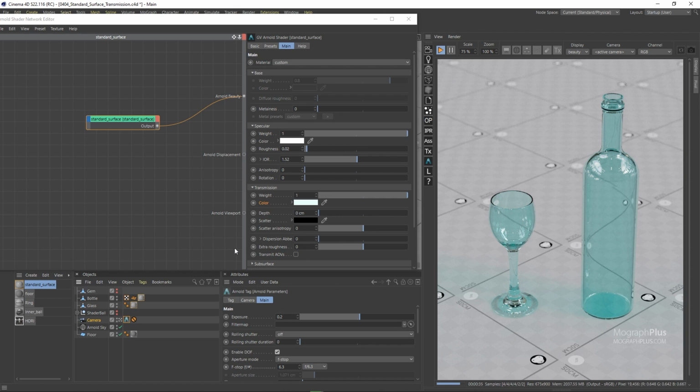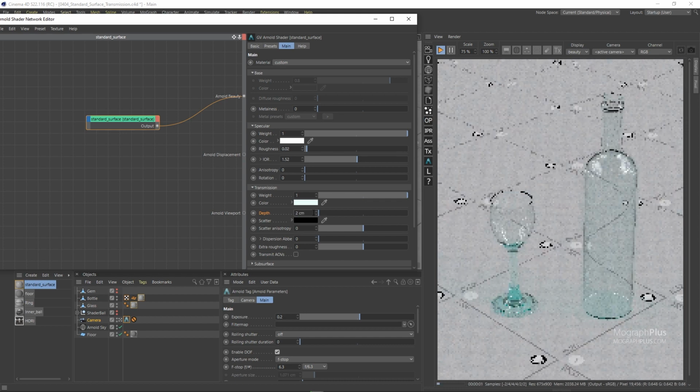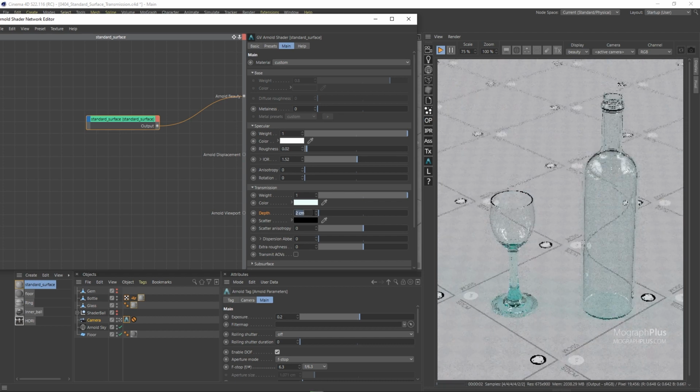Right now we see a uniform green color throughout our geometries, and that is because the depth value here is set to 0 centimeter. Depth controls the depth into the volume at which the transmission color is realized. Increasing this value makes the volume thinner, which means less absorption and scattering. It is a scale factor so that you can set a transmission color and then tweak the depth to be appropriate for the size of your object and control how the transmission color affects the thick and the thin parts of your objects. So if we set the depth to something like 2 centimeters,